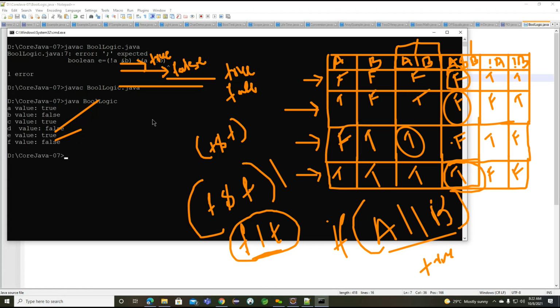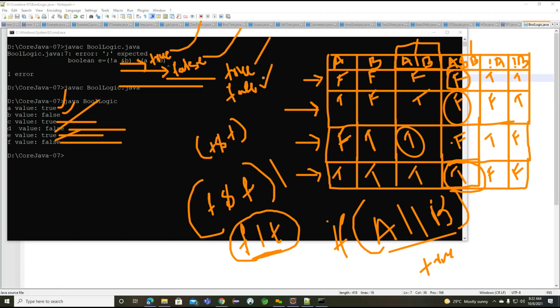Java BooleanLogic. Now understand here. The a and b values we already identified, true and false. But we need to focus on the c value. So we have the c value true and the d value false, the e value true, and the f value false.